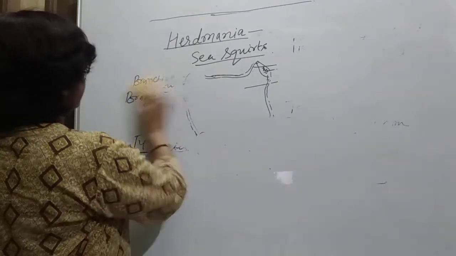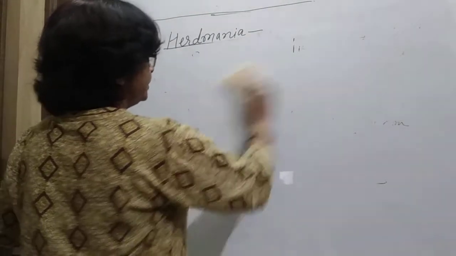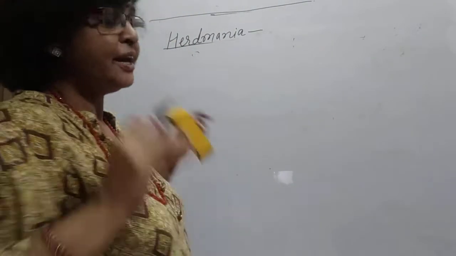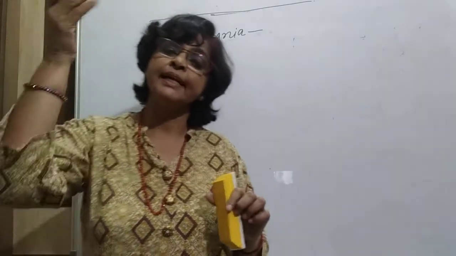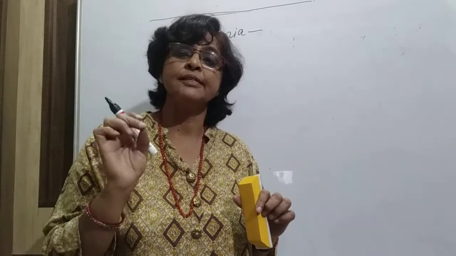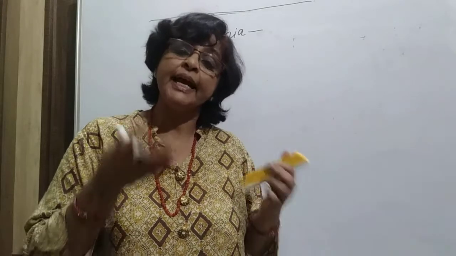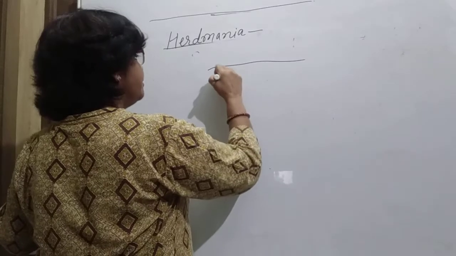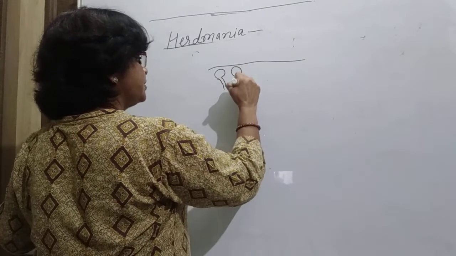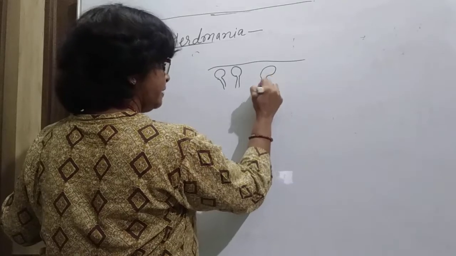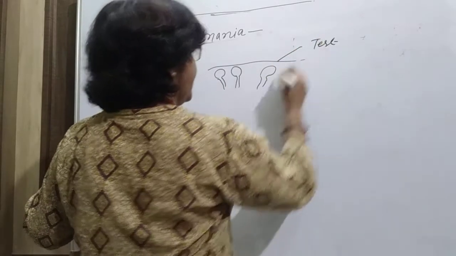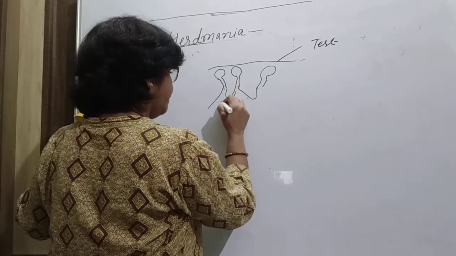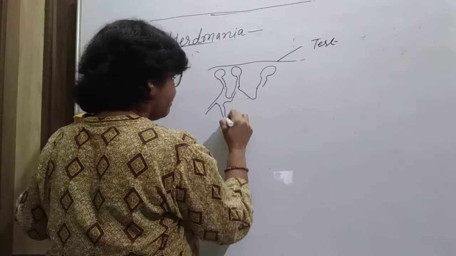You have now come to know the shape and size and what type of animal Herdmania is. Now if we want to study the test, the outer covering of this animal, we see in a rough diagram that we can see this type of ampullar structure outside at the surface. This is the surface of the test, and this type of interlacing, reticular structure of vessels is found inside.